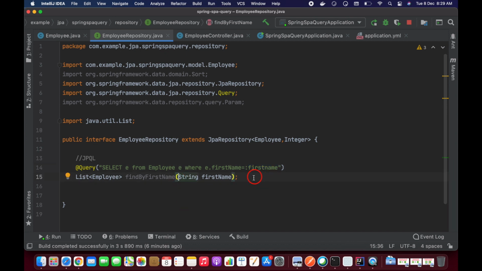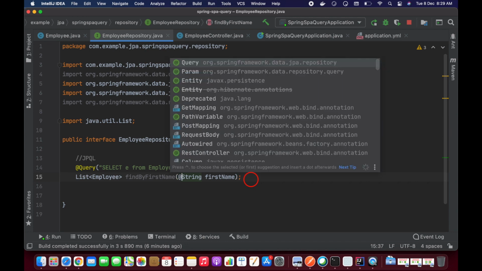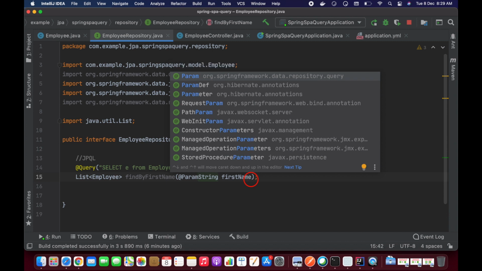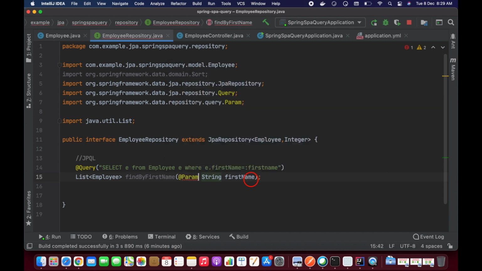So we can make use of named parameters here. How we define the named parameters, I'm going to discuss here. We define the @Param annotation, and inside this I'm going to provide the first name.